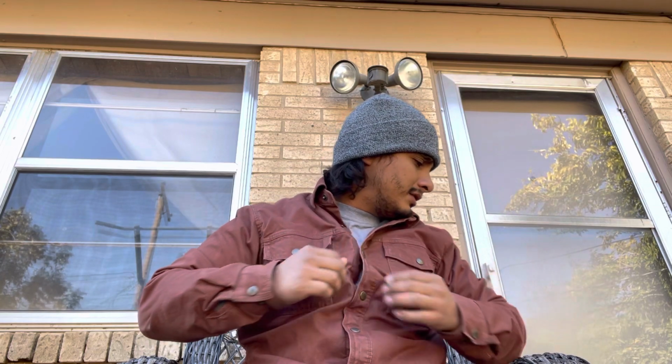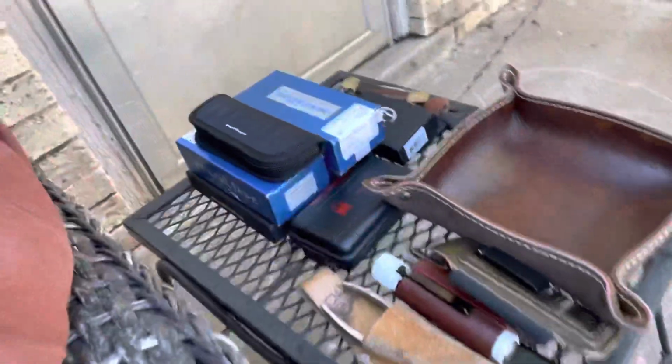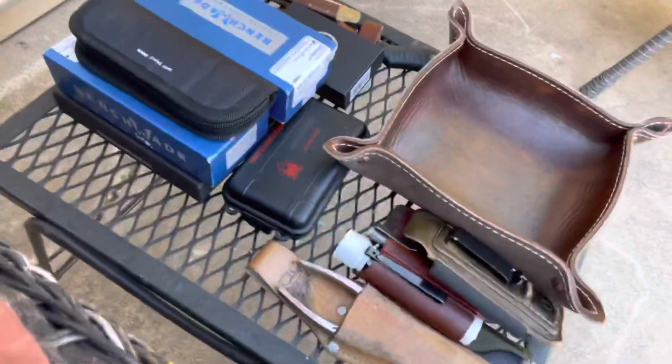All right, so let's get into it. How do I carry my stuff? I'll give you guys just a little tour right quick. All right, so this is the stuff that goes in the drawer. Got a lot of Benchmade, got a lot of leather. Some of this leather actually goes on top of my dresser where I keep my